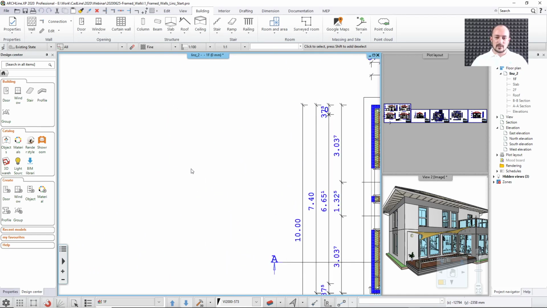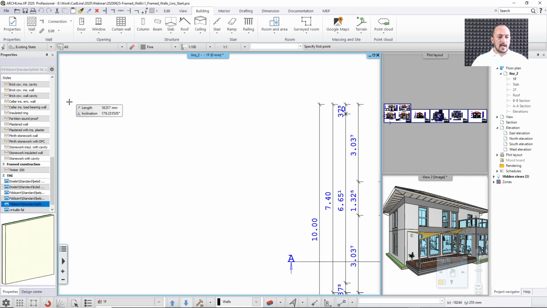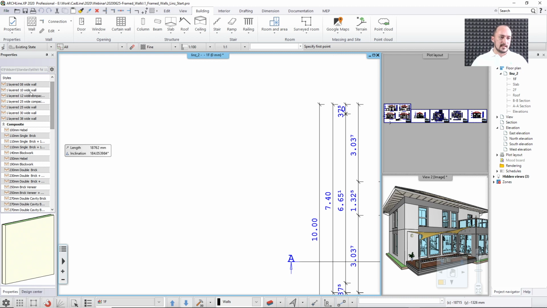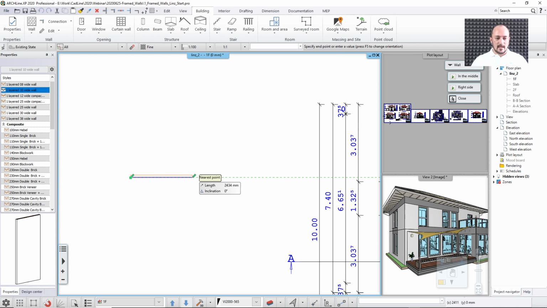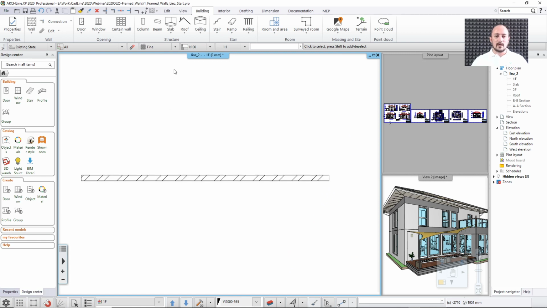Now let me show you how to create something like this, and for the reason for this topic I will just move on to the side here, and I will create a regular wall, and I will show you how you can progressively change one single layer wall into a multi-layer wall, and then embed those framing details into that. So the first thing that I'm going to do is draw a wall. I will use a very simple one, with a 100mm layer width, and I will draw a 4-meter long piece, and then I will place a door and a window into that,